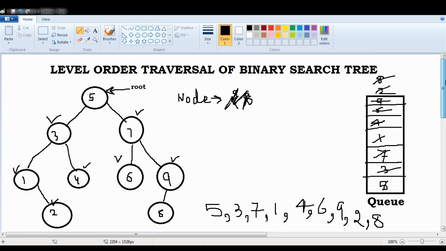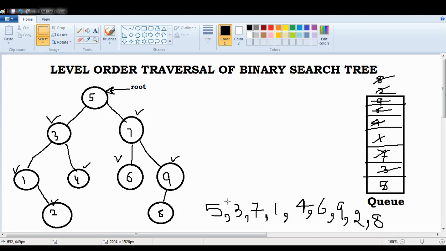So now in this way we can see that our queue data structure has become empty, so our traversal has been completed.